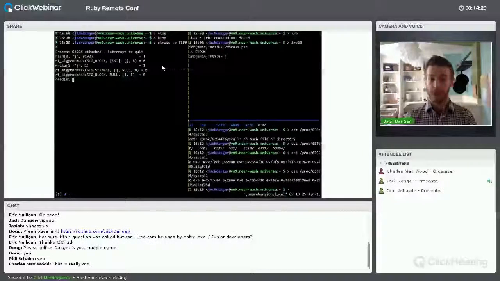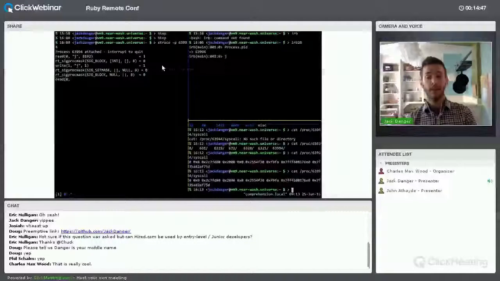So if you saw a number other than that, you could look it up and be like, okay, my process is wedged. I don't know what it's doing. I see there's like a 48 there. No idea what that means. I'm going to look it up in an index somewhere in a man page. And you'd be like, oh, 48 means wait for video driver or something. And then you can get back to your colleagues and say, this appears to be looking for a video driver. I don't know what's going on, but here's why the process is messed up. And you will appear to be a genius, and all you did was you catted a file, proc, process ID,